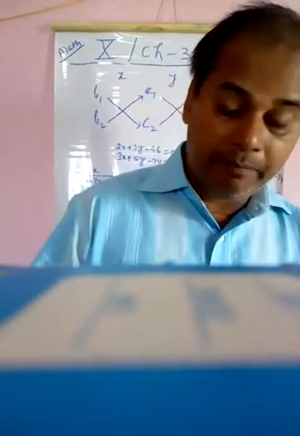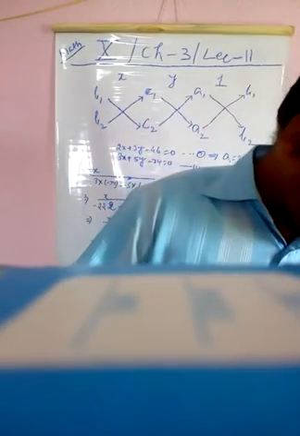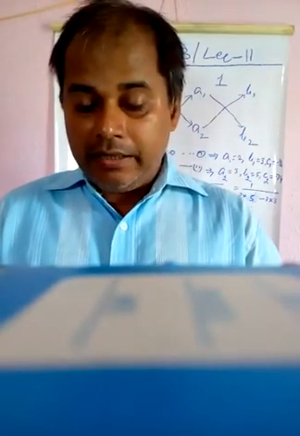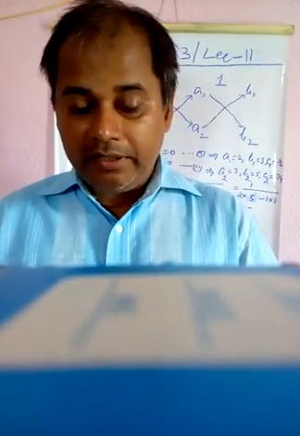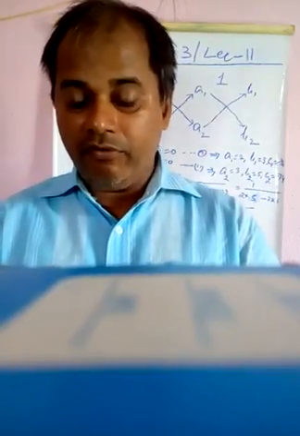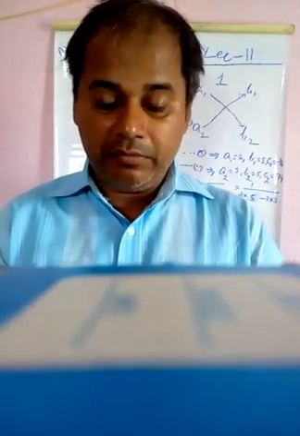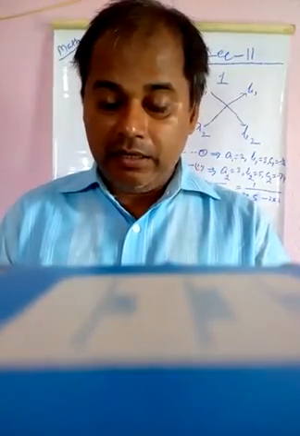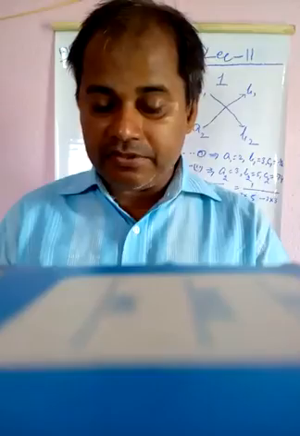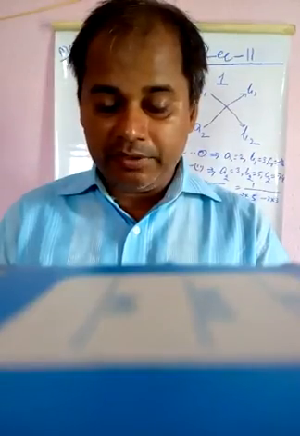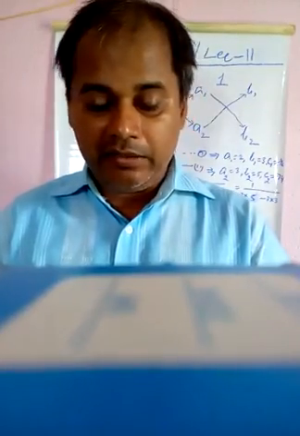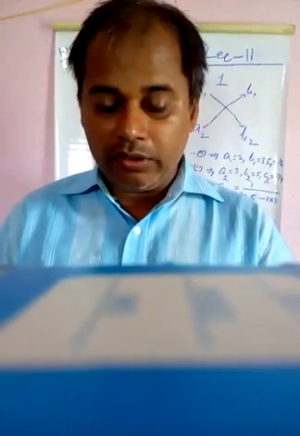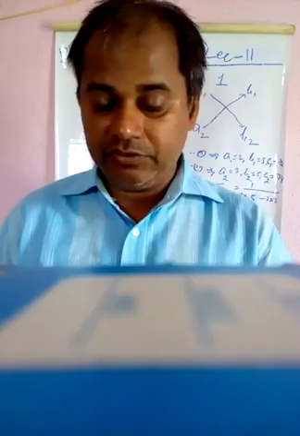Next is example number 19. A boat goes 30 km upstream and 44 km downstream in 10 hours. In 13 hours, it can go 40 km upstream and 55 km downstream. Determine the speed of the stream and that of the boat in still water.